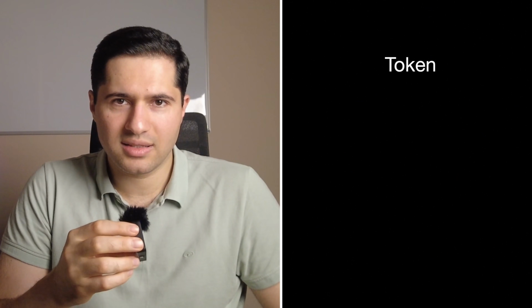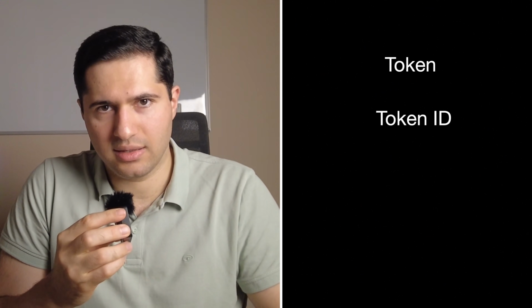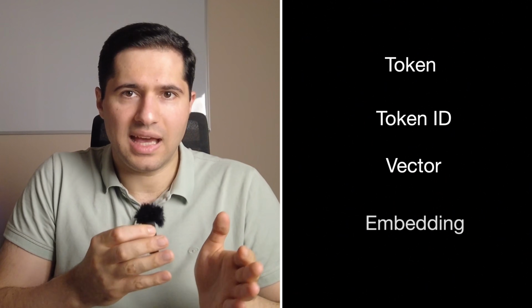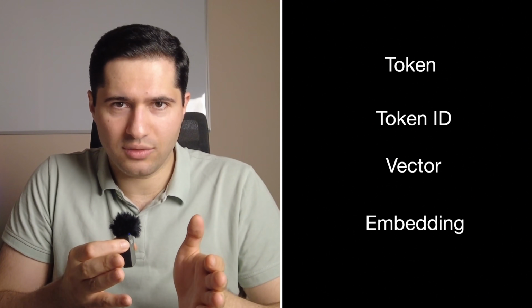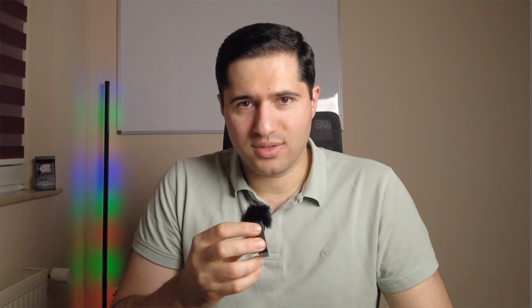So remember this: a token is a piece of text, and a token ID is just an address or identity of that text, which the model can understand. A vector is a position in a space, and an embedding is the learned position of the token in meaning space. That is why AI turns words into vectors, because math cannot operate on meaning directly, but it can operate on positions. I hope that clarifies the question,